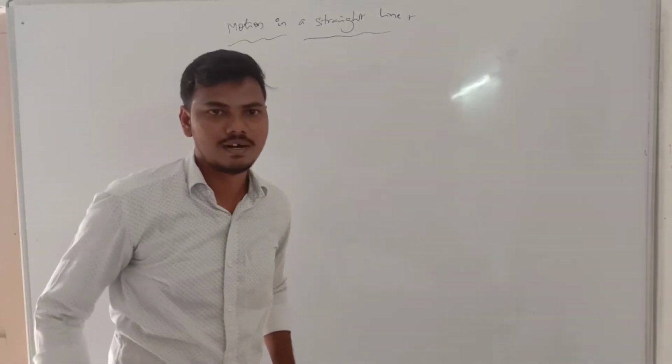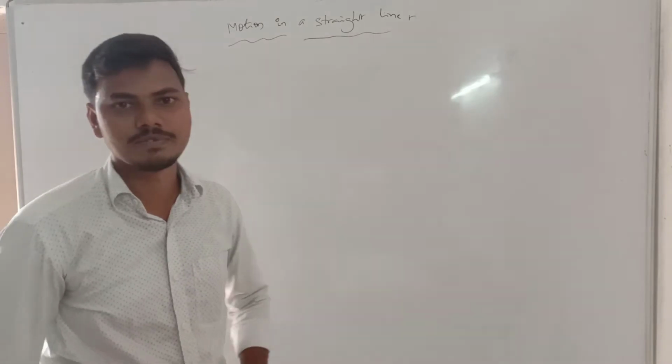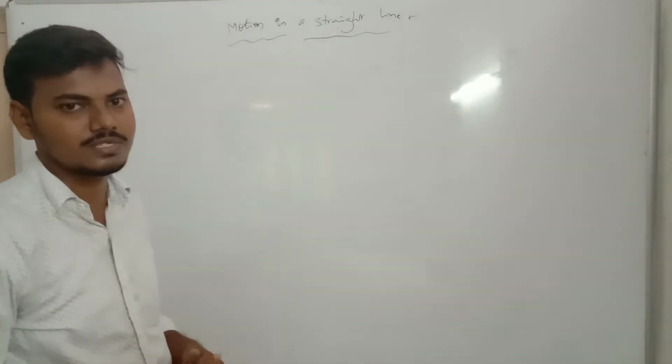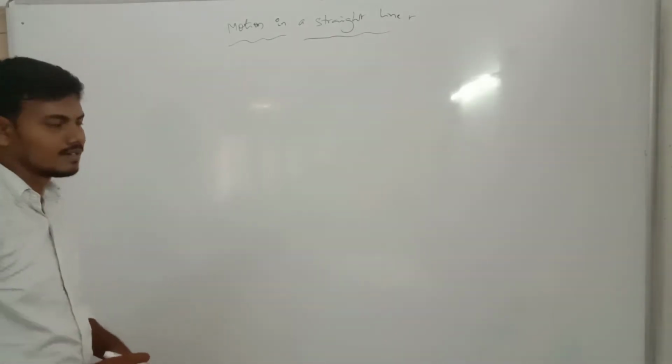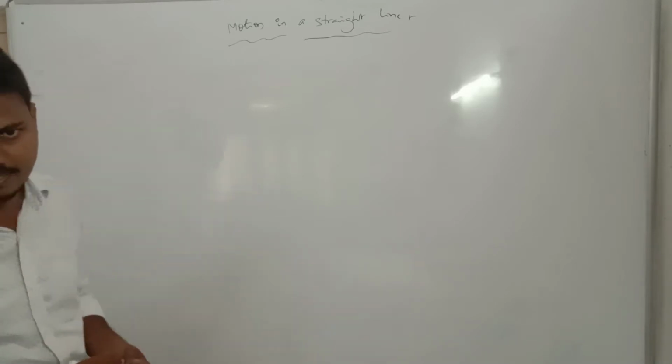Hello everyone. Our chapter is motion in a straight line. Previously we covered some applications and statements with their explanation. At the same time, we are applying some of the consequences here. Okay, right, we are going to the motion in a straight line. Our synopsis of the topic is average and instantaneous acceleration, using the velocity and time graph.